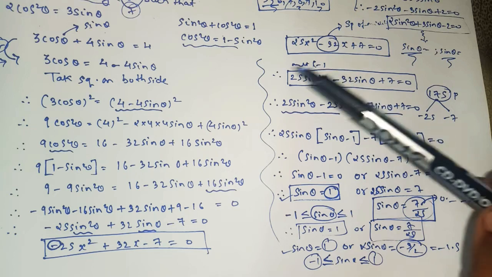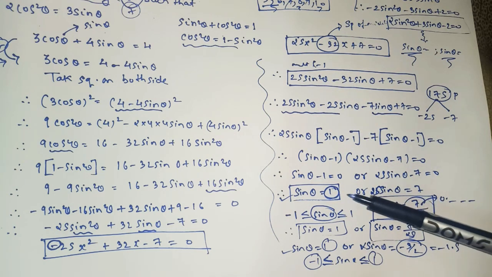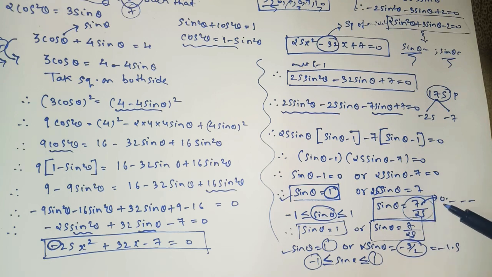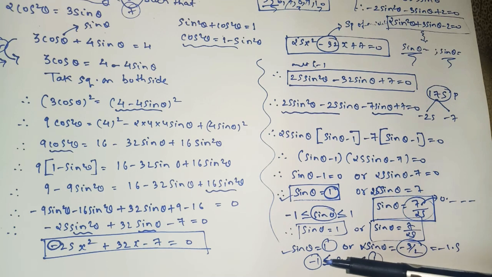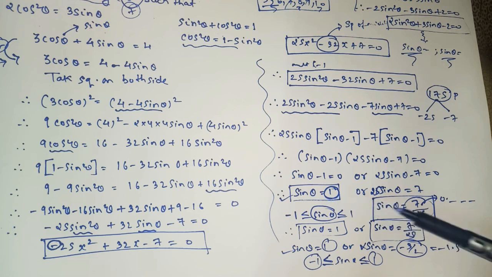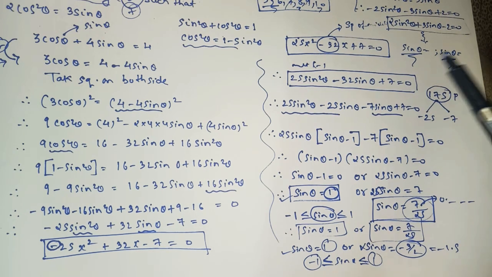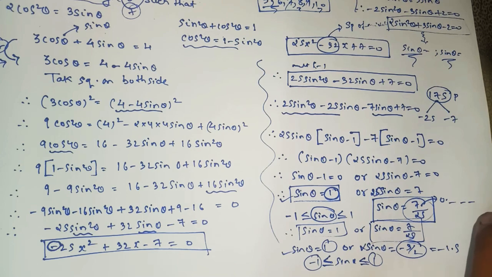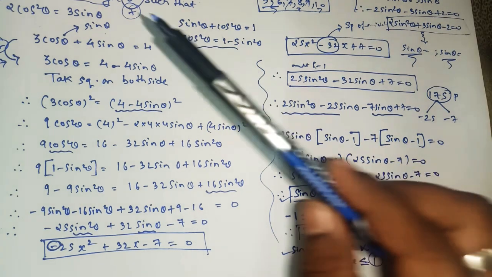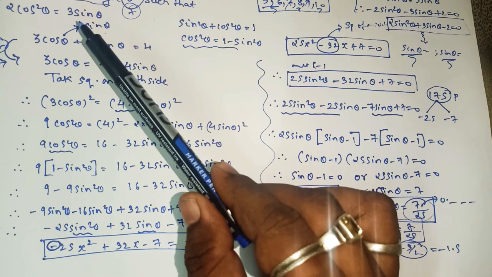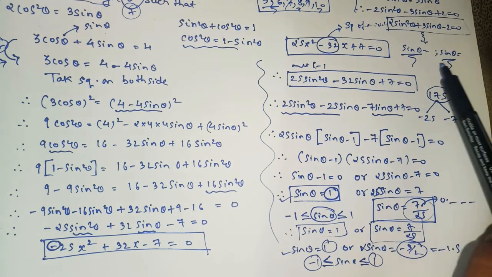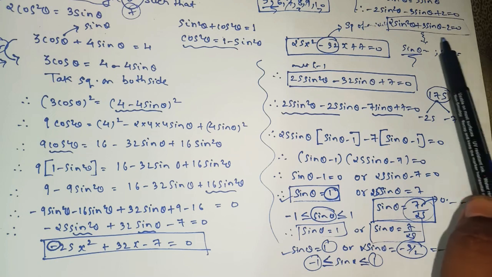In the previous sum we saw that we got two answers of sine theta, one was 1 and the second was 7 upon 25. When you divide 7 upon 25, you will get the answer in decimal, 0 point something. So 0 point something means it lies between minus 1 and 1, so we can consider both the values. So it all depends on the range, and you have to guess whether we have to consider both the values or only one value. I hope you all understood this sum also, and please try this sum by yourself. Complete the remaining steps by yourself.